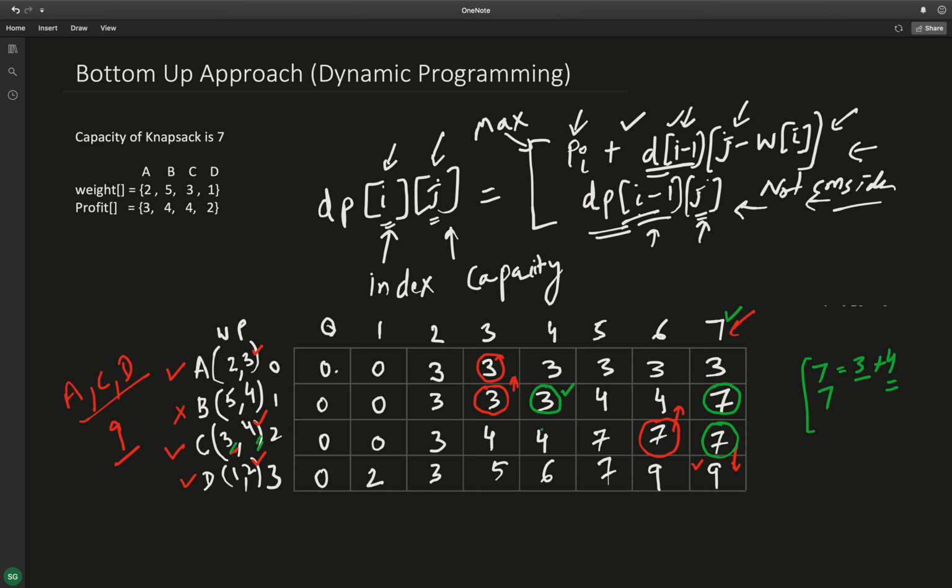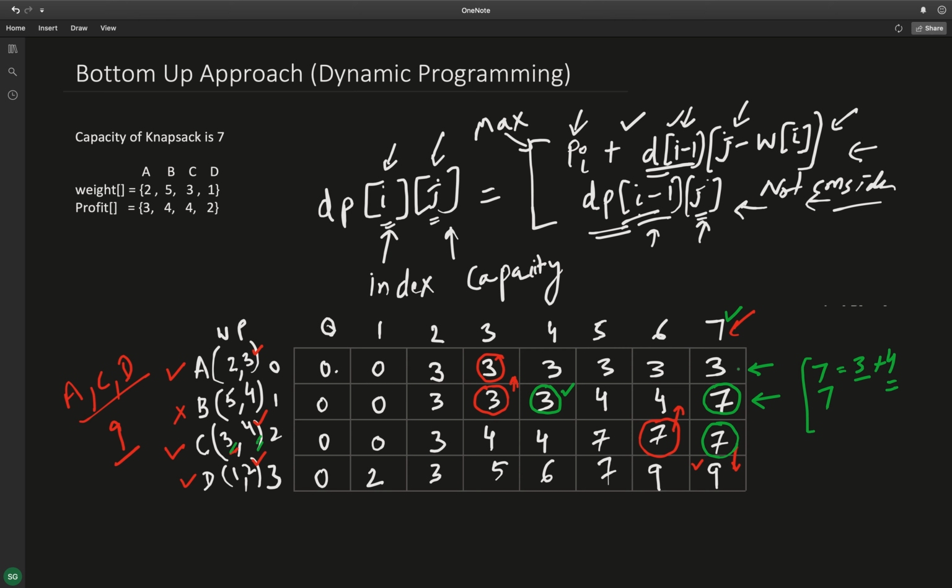If you pick up any cell, you will observe that to fill that cell we just need to consult the previous row. Whenever we are filling a row, we need to consult the values from the previous row. So we just need the previous state of this array.